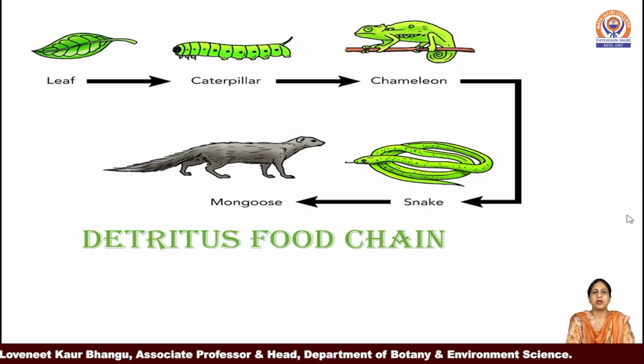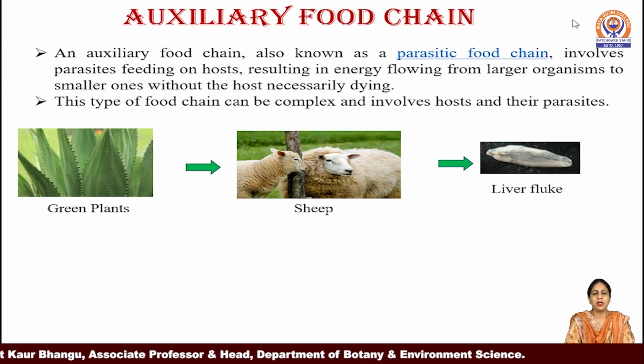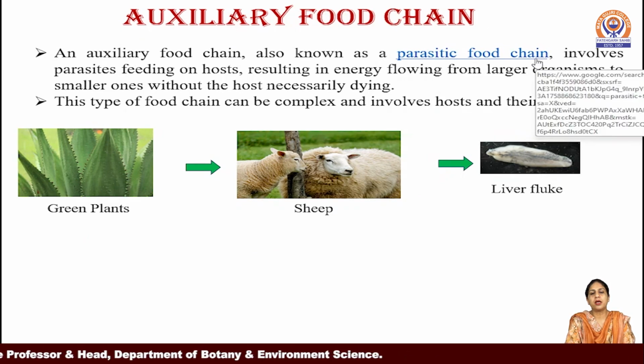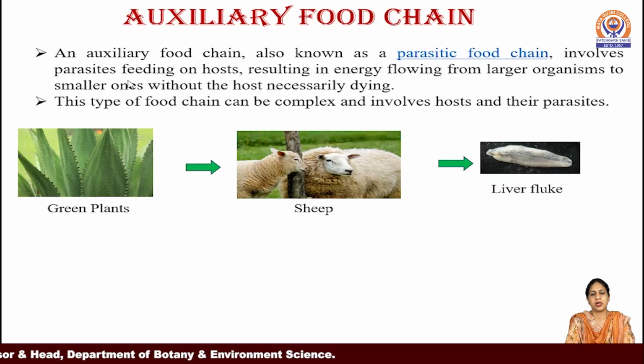So this is the example of detritus food chain. Next, third type of food chain, we have auxiliary food chain. So an auxiliary food chain is also known as parasitic food chain. It involves parasites feeding on hosts, resulting in energy flowing from larger organisms to the smaller ones, without the host